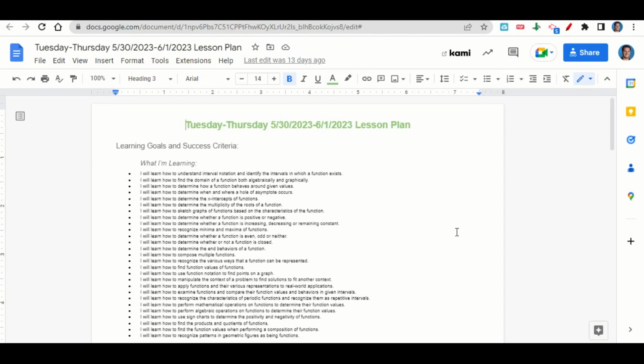domain of a function both algebraically and graphically, how to determine how a function behaves around given values, to determine when and where a hole or asymptote occurs, to determine the x-intercepts of a function, to determine the multiplicity of the roots of a function, to sketch graphs of functions based on the characteristics of the function, to determine whether a function is positive or negative, to determine whether a function is increasing, decreasing, or remaining constant, to determine minima